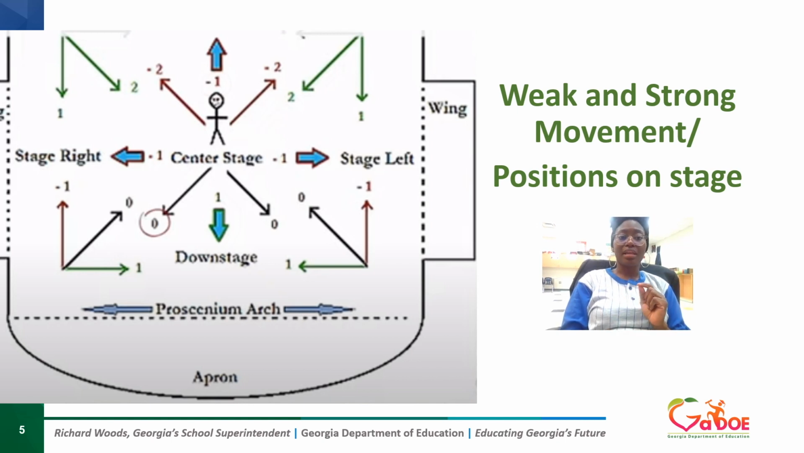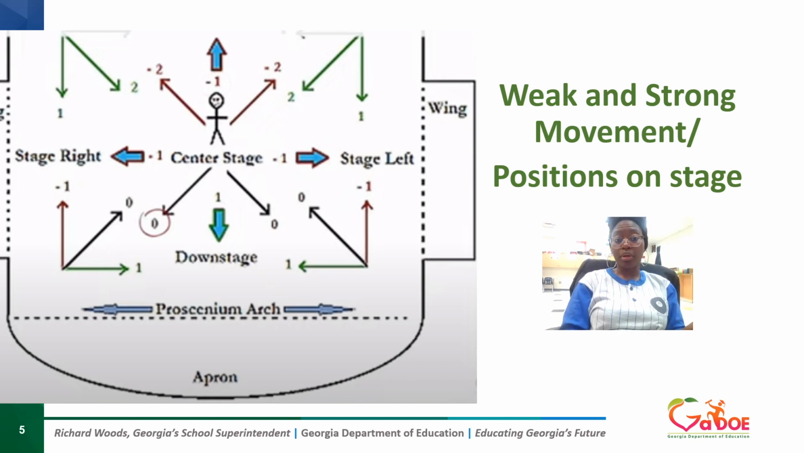If you are standing in the upstage corner of the stage, upstage right, and you're moving down towards the center, or you're moving more towards the downstage area here, that is a strong movement. If you are standing downstage and you are moving away from the audience, you're moving towards that upstage corner, that